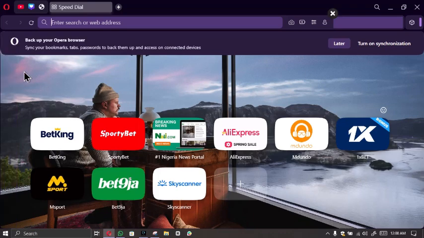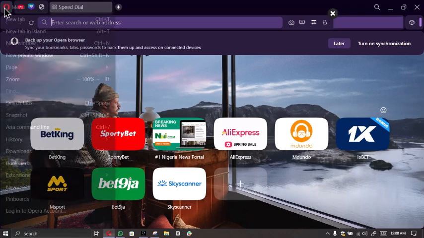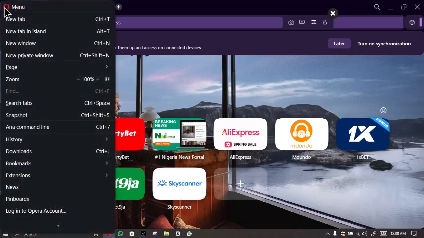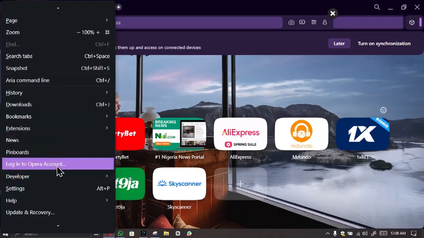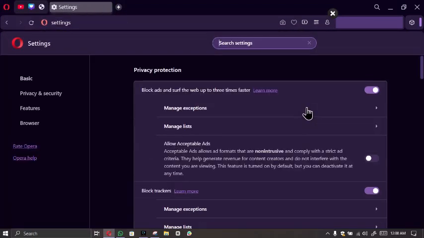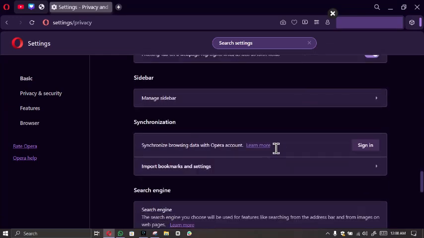So if you want to enable the prompt or you want to disable it, from the home menu, click on the Opera GX icon at the top left corner. Scroll all the way down to settings and click on settings. You can also simply use the keyboard shortcut, Alt plus P. Once you're here, click on privacy and security,